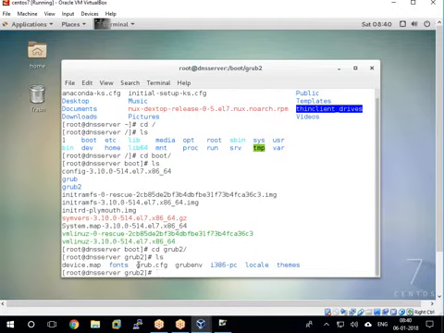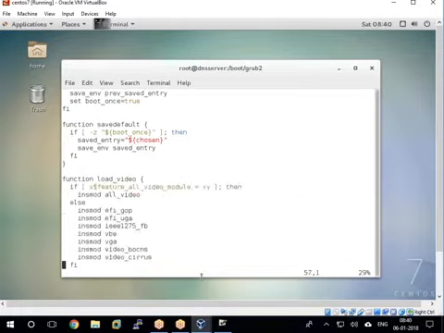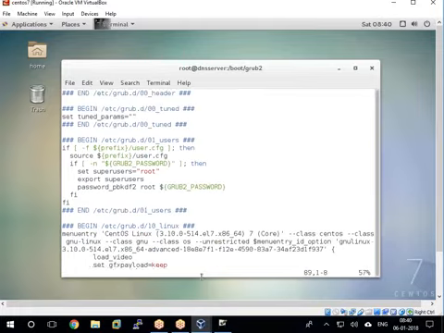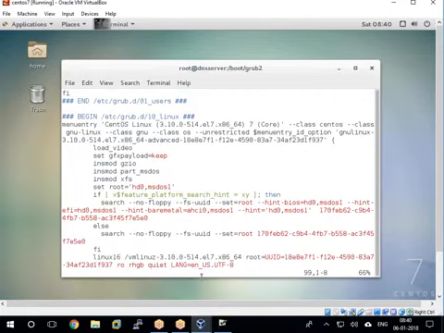See, so we have a grub.cfg, right? This is a file. It contains the bootloader and operating system information. So for that we have commands like grub. It contains information like the default settings. So this is the operating system information from here,